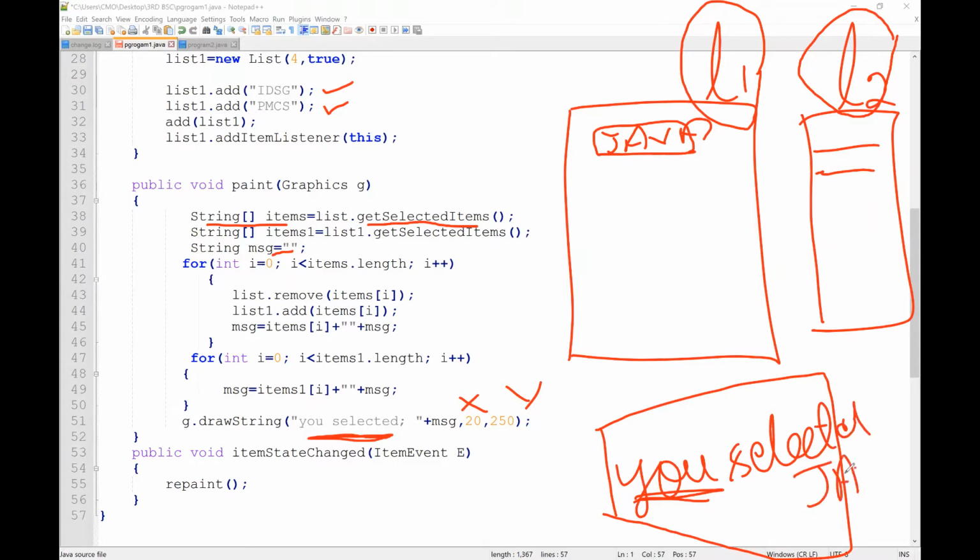"You selected" will be the message, and Java will be the selected option.